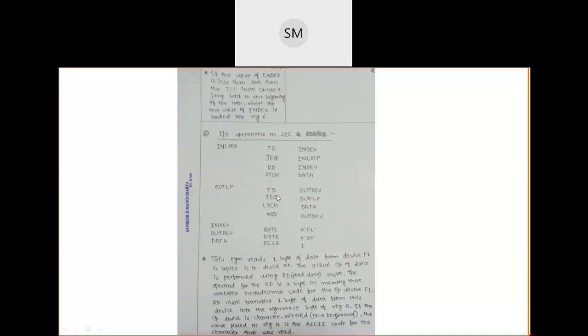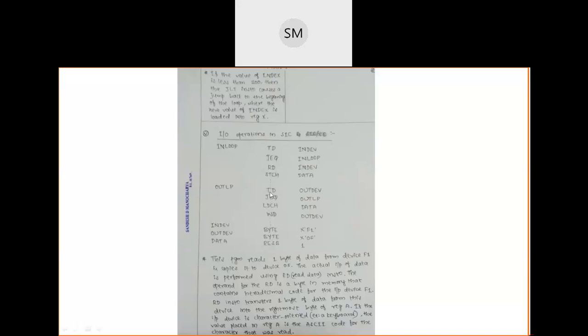Now I am going to write the data. Here one character I have read, now I have to write the data. Next I go to read the next character, and that next character I have to write here. Read, write, read, write, read, write. Like this, these two loops will be continuously executing.